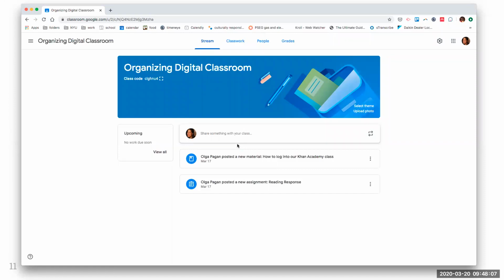That is why I spent time on the HyperDoc idea and the schedule idea in the beginning of the session, because if I were doing this, I would post a new HyperDoc every day, or every week, depending on how often you wanted to do it, so that they could go to that and navigate from there. Because every assignment that you're going to post is going to show up, but it's not necessarily going to be in order of how they do them. It's going to be in order of how you posted it.